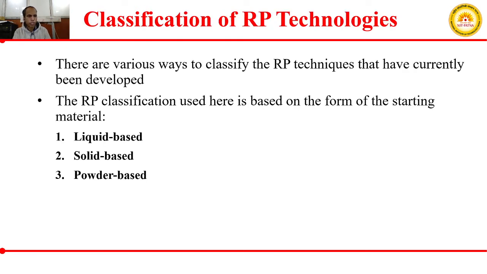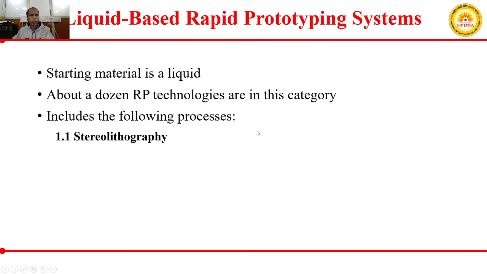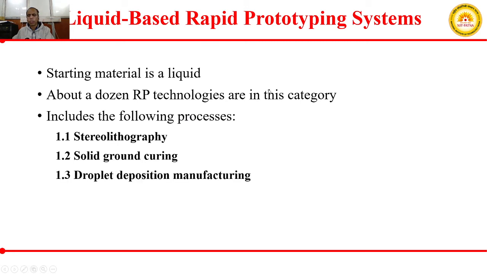So in this we have discussed there are basically three types of rapid prototyping technologies currently in use. All these classifications of rapid prototyping, or additive manufacturing, or 3D printing, were based on your starting material. Your starting material may be liquid, solid, or powder based. We tried to introduce a few technologies in RP.